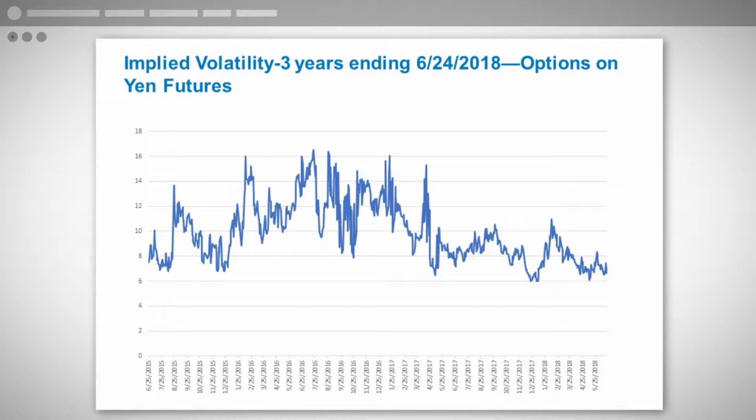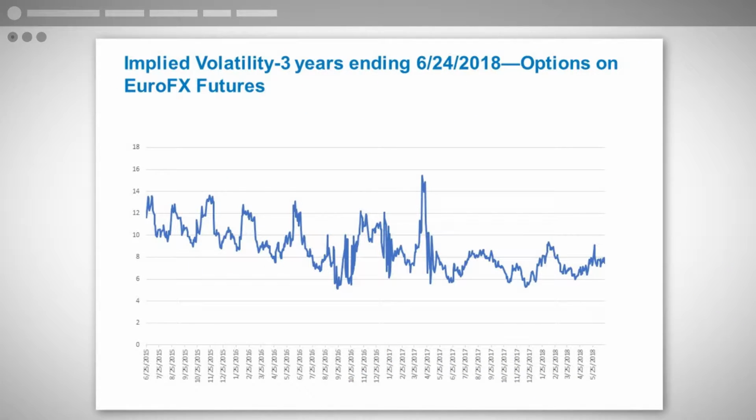I always tend to use the at-the-money implied because that's where the most liquidity is and that's where the action is. You can take volatilities across any strike, any skew you want, but I tend to use at-the-money. So you can see here, in general, on the low side volatility somewhere around 6.5%. On the high side, it's around 15.5 to 16.5%. And that gives you some inkling as to what the highs have been in the last 3 years and what the lows have been in the last 3 years.